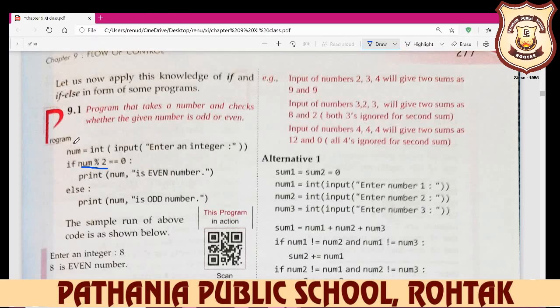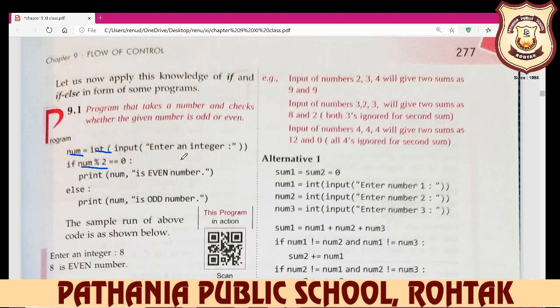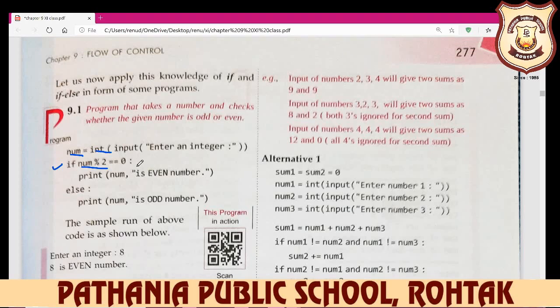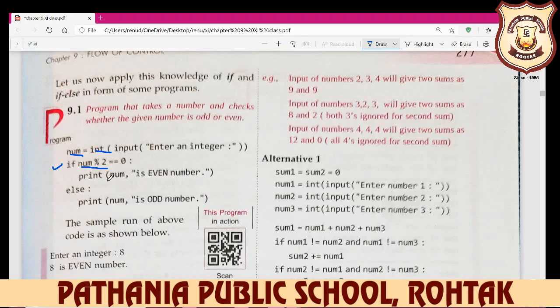So here you see, num is a variable name, int means integer type value, data type, and input is the function, enter an integer. Okay, after that you write if num mod 2 is equal to 0. If you divide any number by 2 and you find the remainder 0, then print num, meaning print out the number that you input.